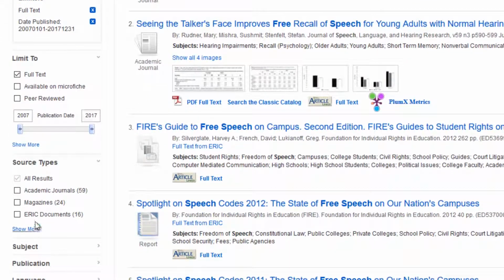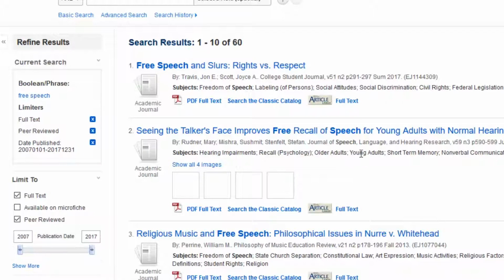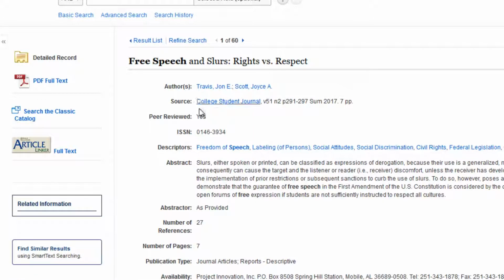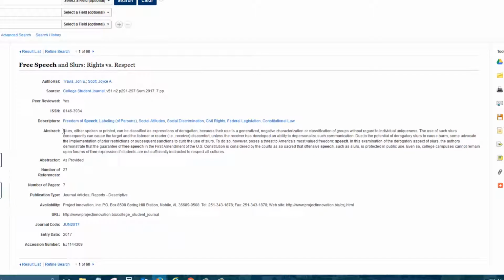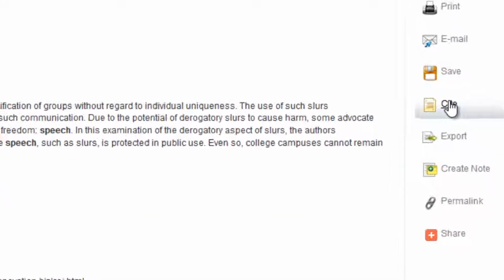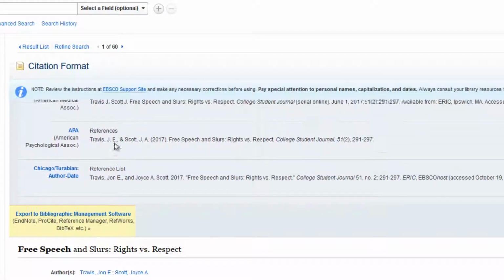You can limit it by other things if you care. I do like to do this peer reviewed, and so we're down to 60. And so let's just go with this top one. A lot of times you can get what you need out of this abstract. You don't have to read. This one's only 7 pages. It's been referenced 27 times. And a lot of times you can get the information you need right out of this abstract. And so I say, yep, this is what I want. I'm going to cite it. And I go down here to APA,